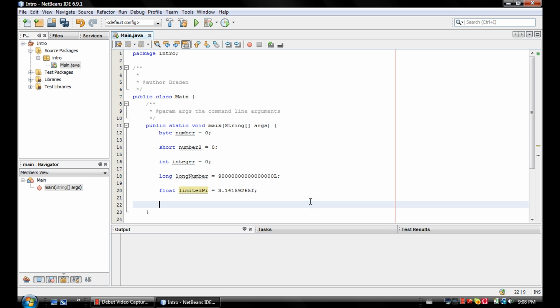And the next one also deals with decimals, however is a lot larger, is the double. This one uses 64 bits, compared to the 32 bits that the float is. So I'll just call this bigger number. And I'll equal to that